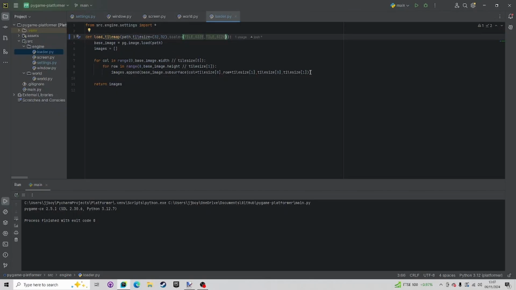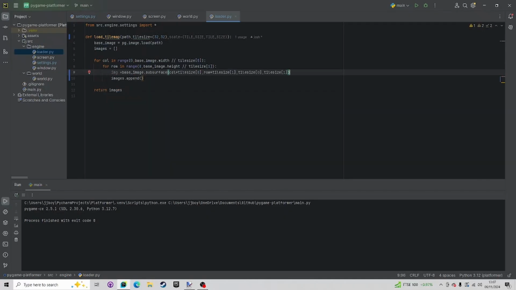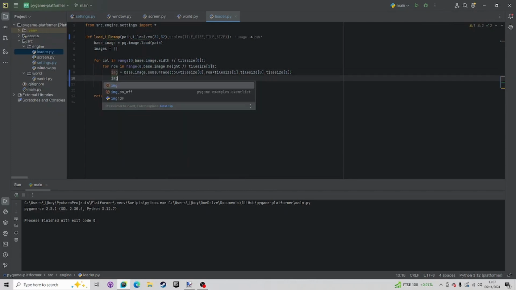And when we're appending this, this is the cut image. So this is the cut image from the base image, and then we're adding it to the list. So before we add it, we need to change it. So let's just go img equals this, and that is the cut image. And then we're going to modify this. So img equals